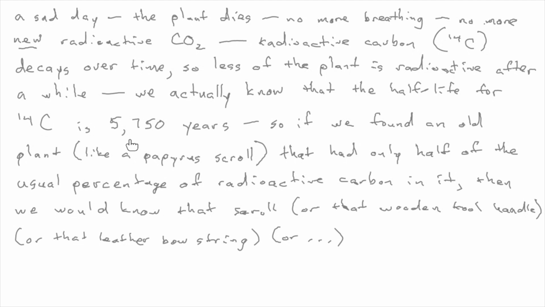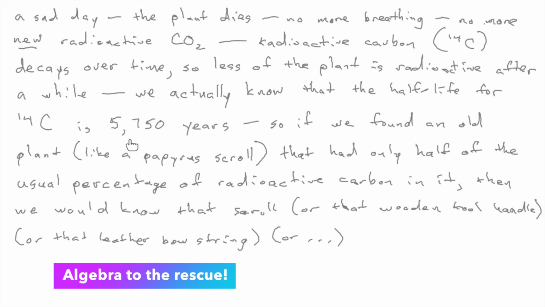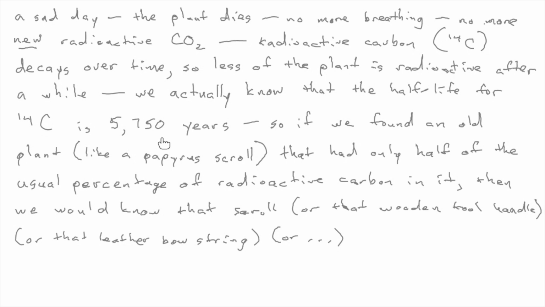And you think, yeah, but what if it's not a half? What if it's like it's lost 20%? Well, you have a formula. P of t equals p sub 0 e to the negative kt. Oh, yeah, I can figure out t, because you know what k is, because you plug this in, ln of 2 over 5,750. Now you know the decay rate k for carbon. We would know that scroll is 5,750 years old.